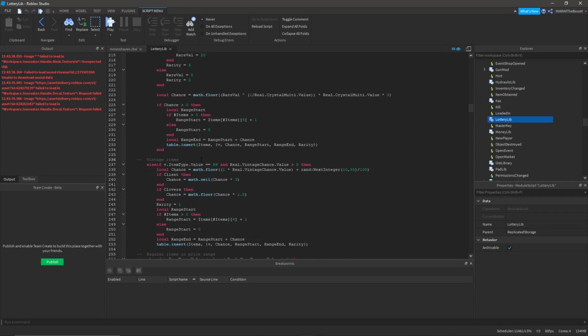Vintage items. So you can change this, or actually just add an or v.tier.value equals